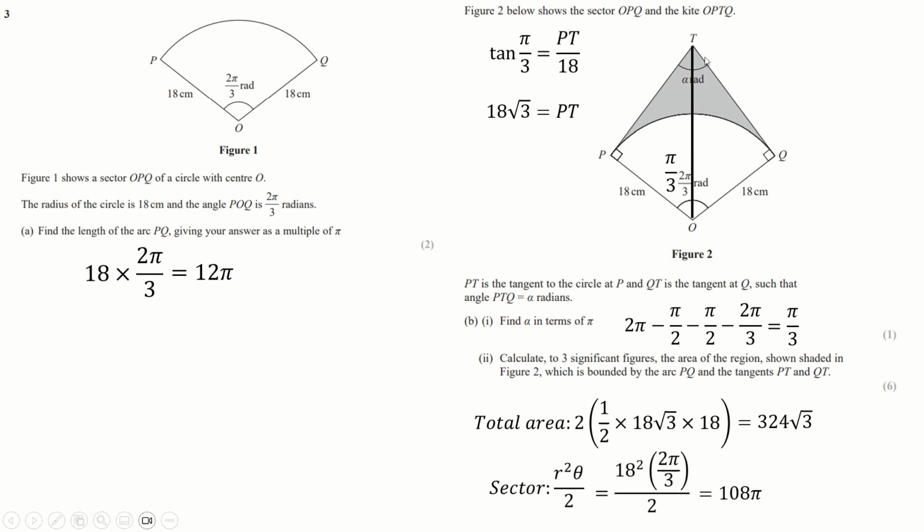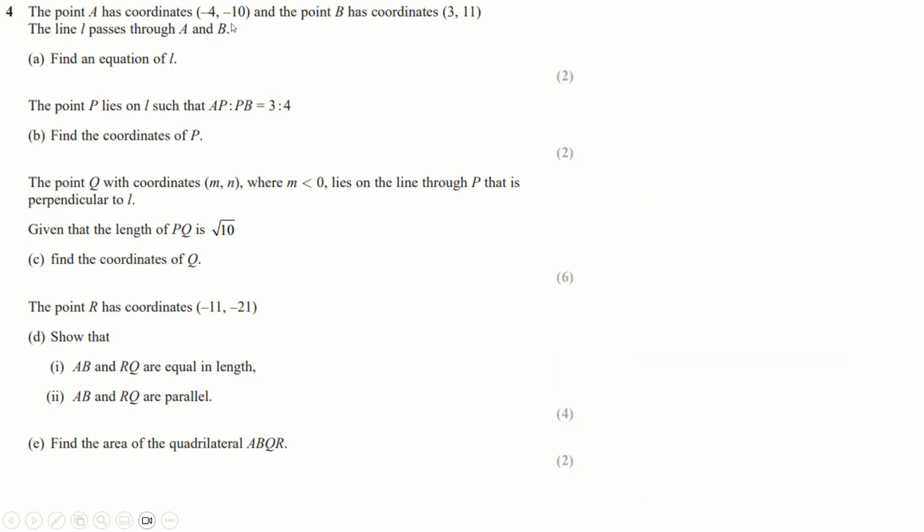And of course, if we take away the two results, we get to 3 significant figures, we get this thing here, and that'll be our answer. Question 3, you may as well draw a picture to do this because you're going to need one eventually. So there's the two coordinates. The gradient between them is clearly going to be, well, it's 7 across and it's 21 up, so the gradient